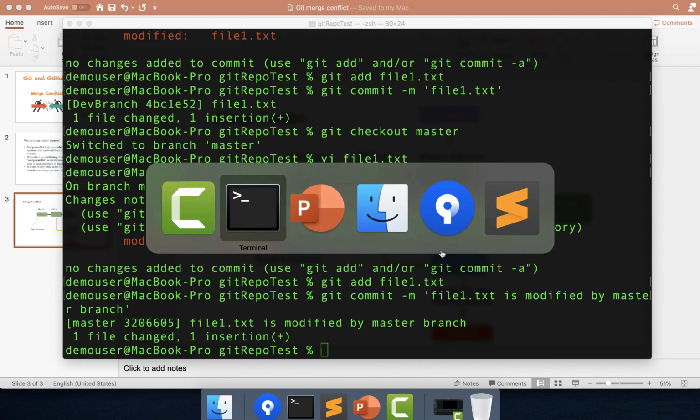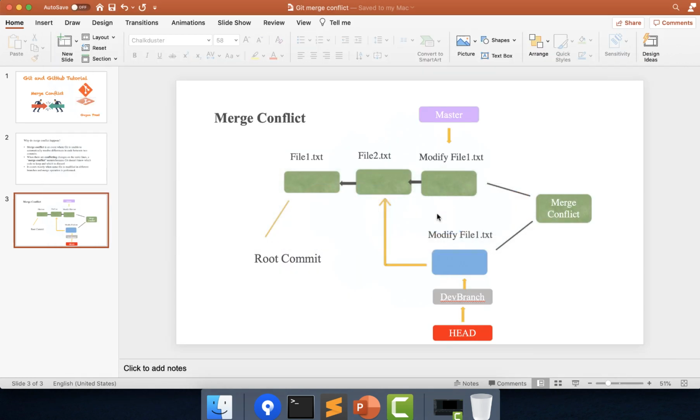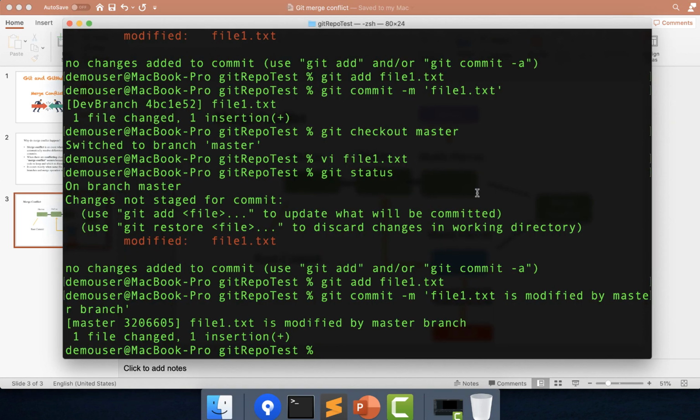Now we know we have followed all the structure that is over here. That is, we have created two files and we have created one branch, that is dev branch over here. After that, we have modified the file one over here, and same thing, we have modified the file in master as well. Now we'll try to merge this particular code and we'll see if there is a conflict.